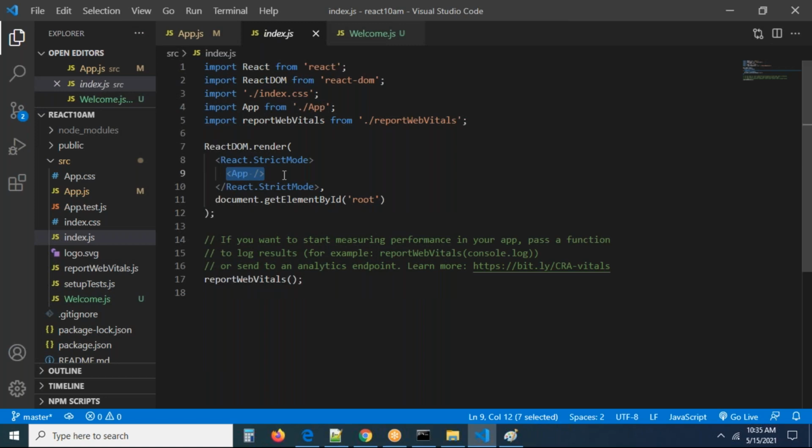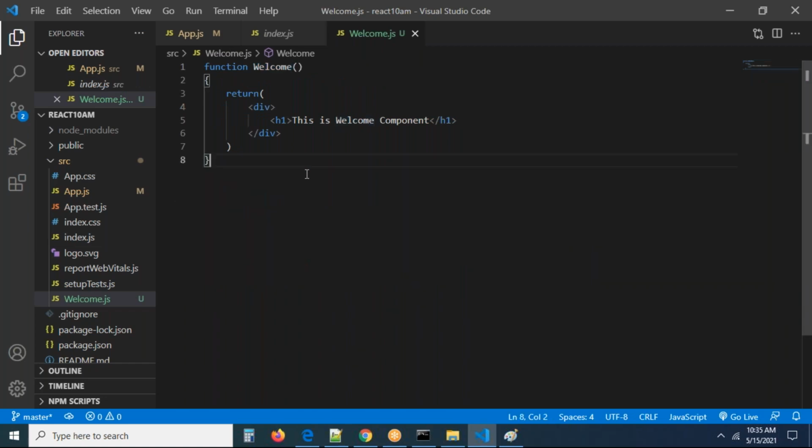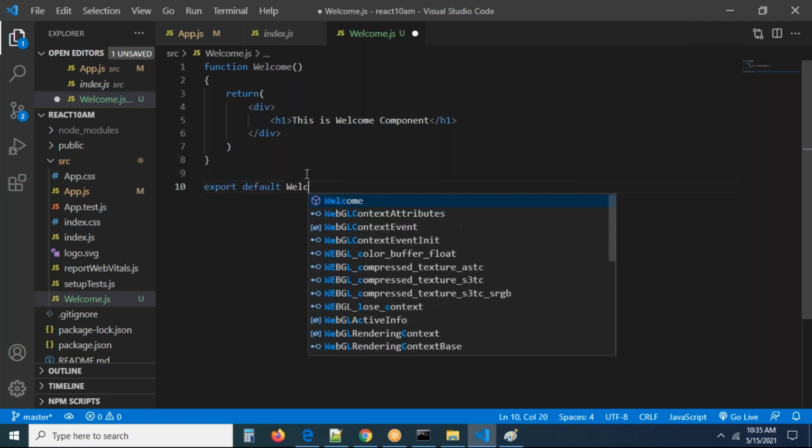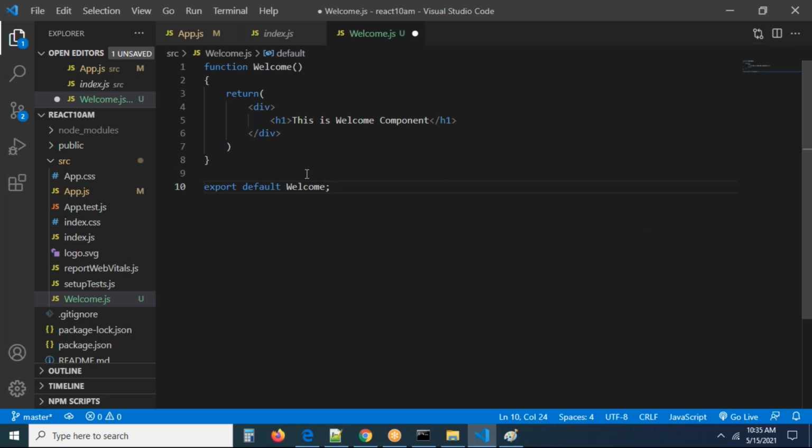So what is the component you created? Welcome. So now I have to remove App. I have to import it, guys. Remember carefully, the component you are including here should be imported first. This is the basic funda. Try to see, the component is created and imported. If you want to import your component, definitely we have to write a default export statement, guys. Can you see, export default, the name of the component? If we write export here, then only we can import it there. Anywhere you want to reuse this component in multiple components, definitely you have to write this statement. Without this statement, we cannot reuse this component anywhere, guys.